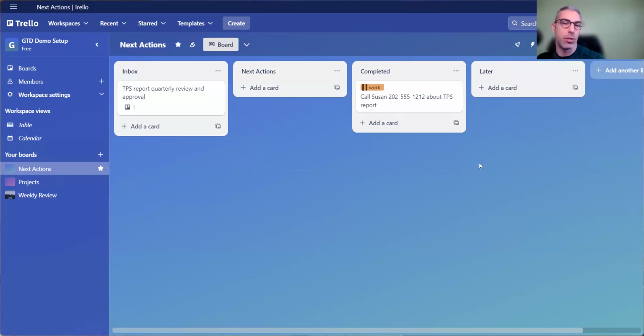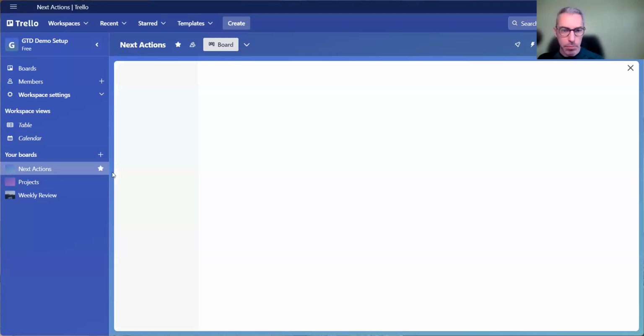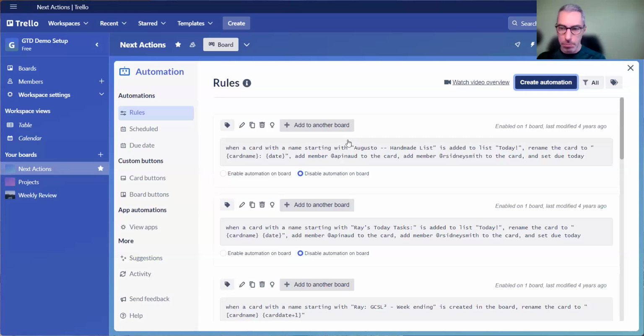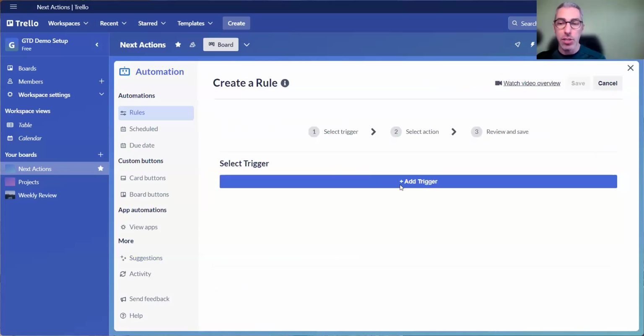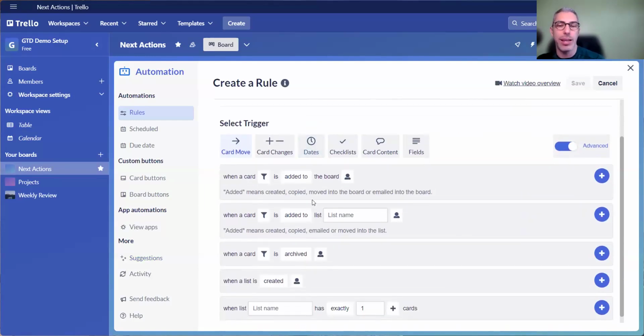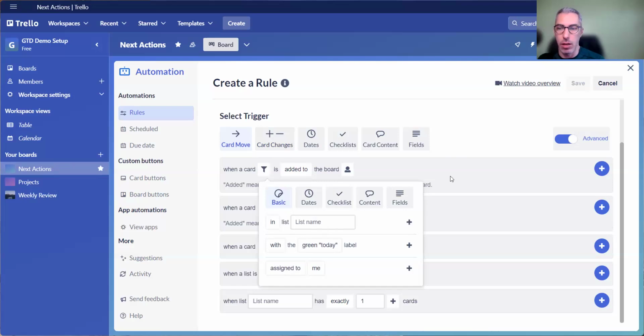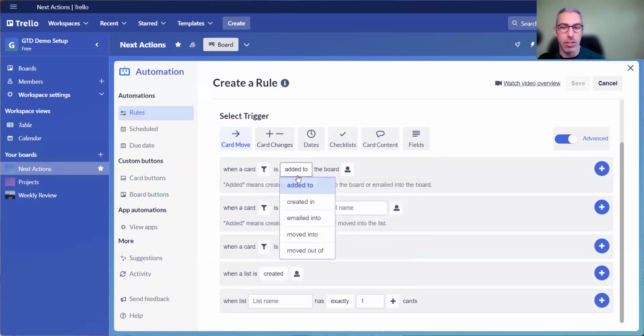One thing, just to give you some idea, is that I created an auto labeling of certain things. For example, I could create an auto label, just for ease of doing this. I'm going to create a new automation, and it's going to be such that when I create a card, so a card is created in the board, right? So when a card, let's see, yeah, when a card is added to the board,